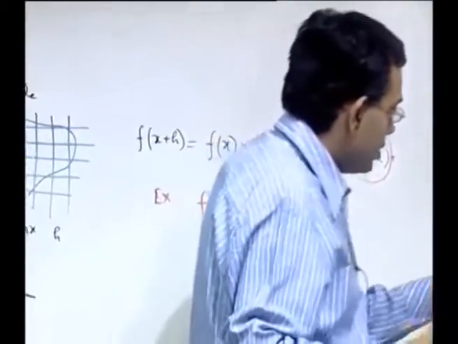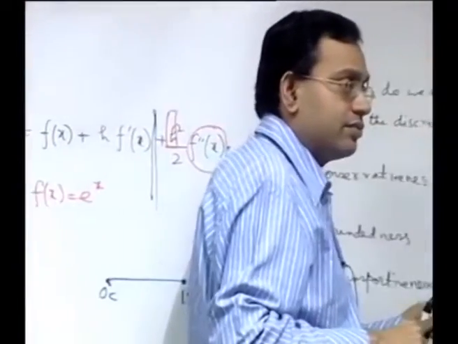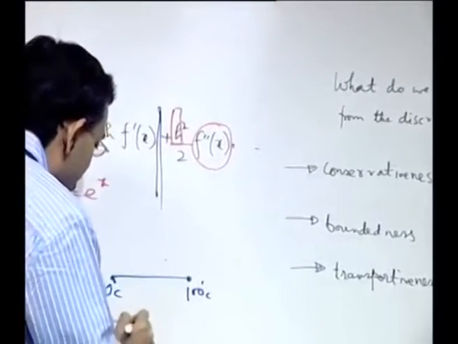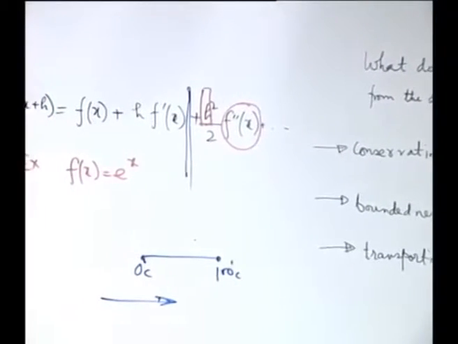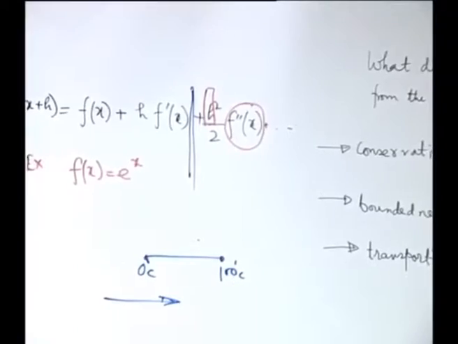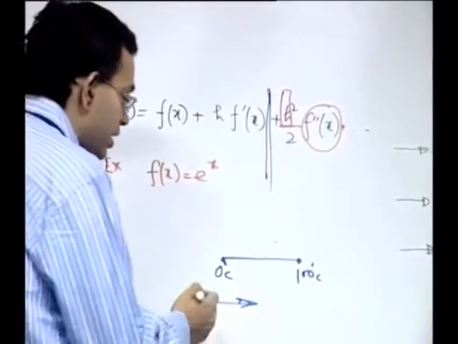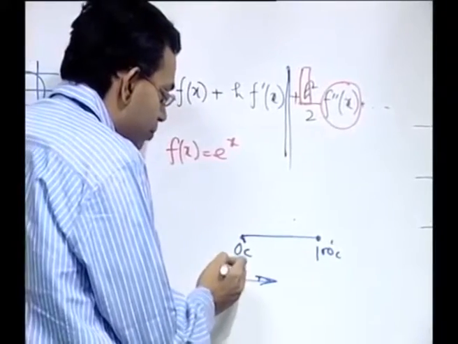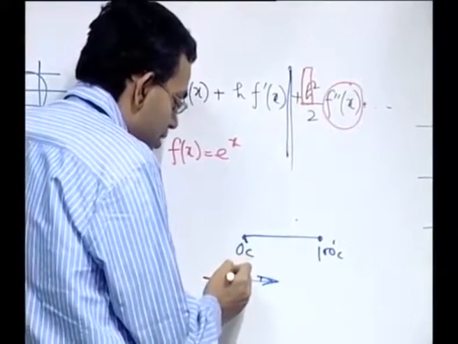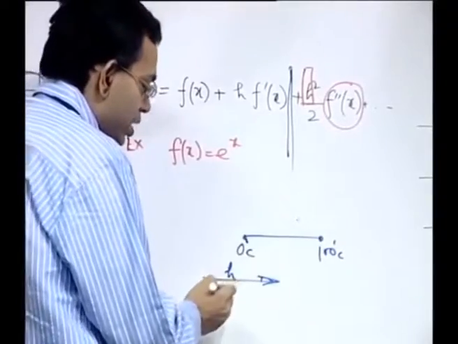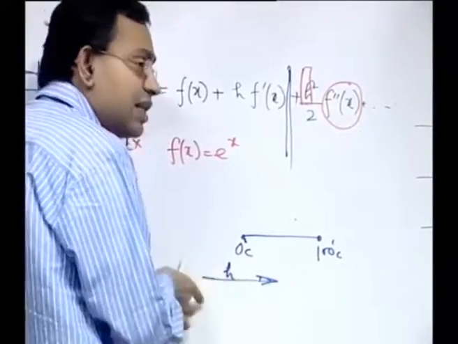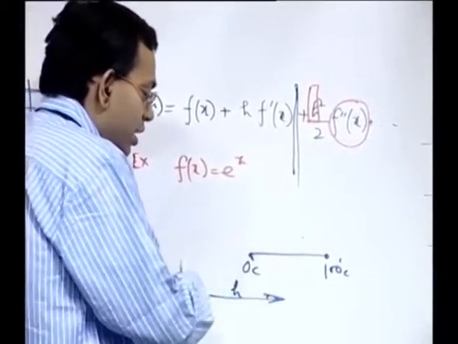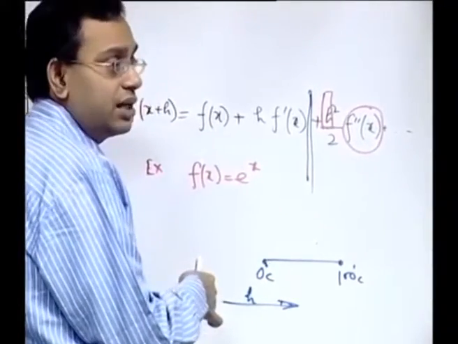Then the third one is transportiveness. Transportiveness means that if there is a predominant direction of flow, then properties should have a predominant transport direction based on the flow direction. For example, if it is a high Reynolds number flow and you have some property, say enthalpy, being transported, then enthalpy will be predominantly transported along the direction of the flow and not predominantly along the opposite direction.